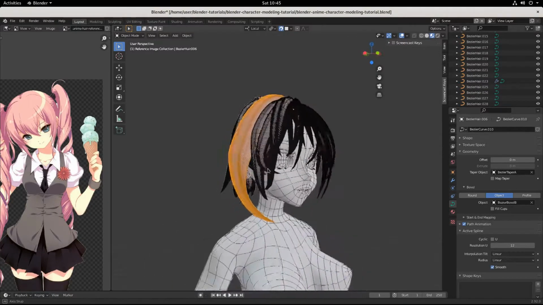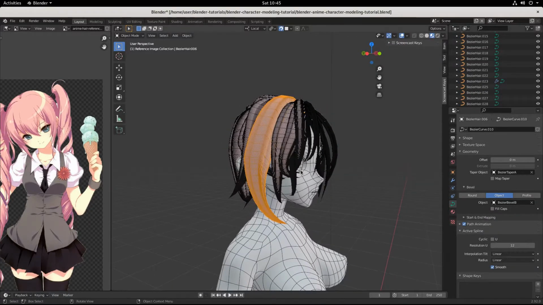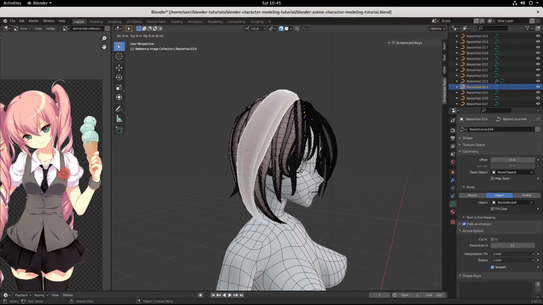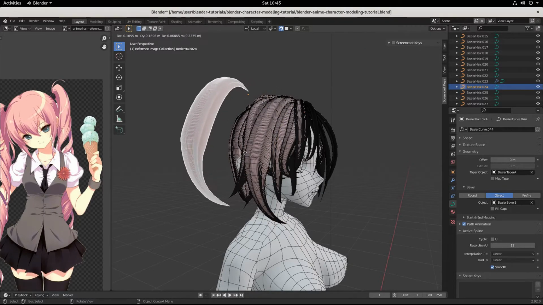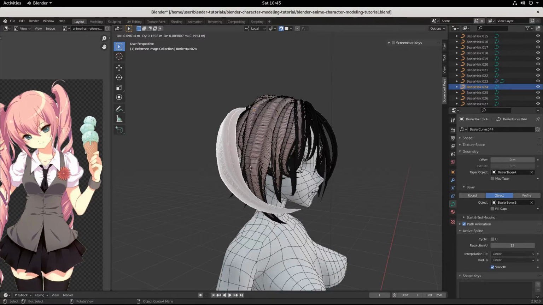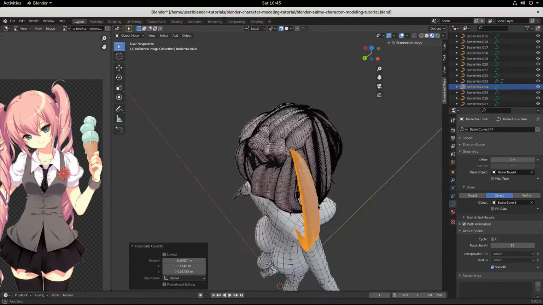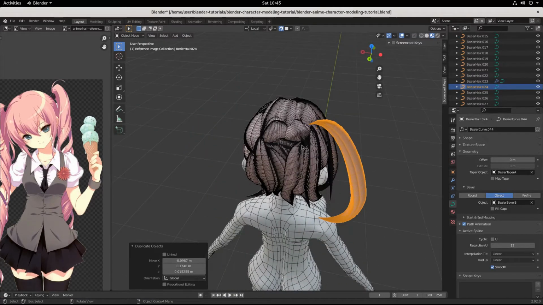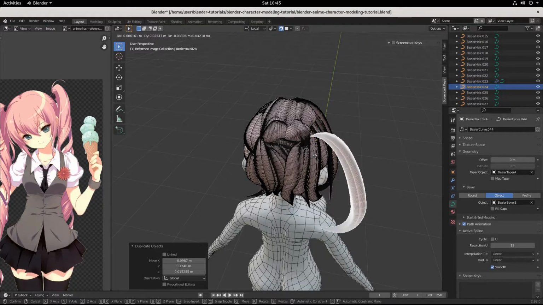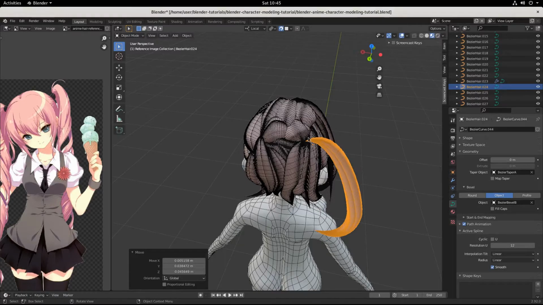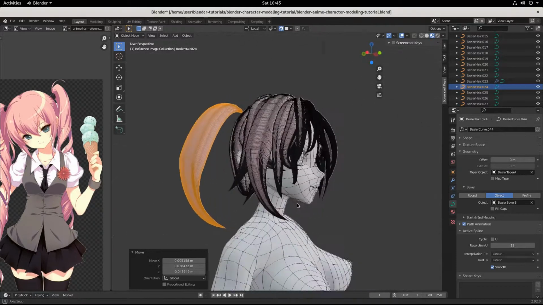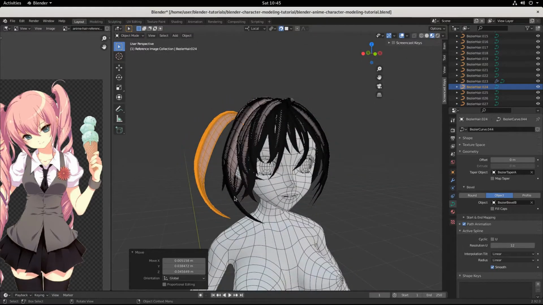Okay. All right, let us shift D this and then bring it back, like that. And see right here, this is the reason we were bringing these hair points to this spot, because we're gonna have our pigtail coming out of this spot here. And now,